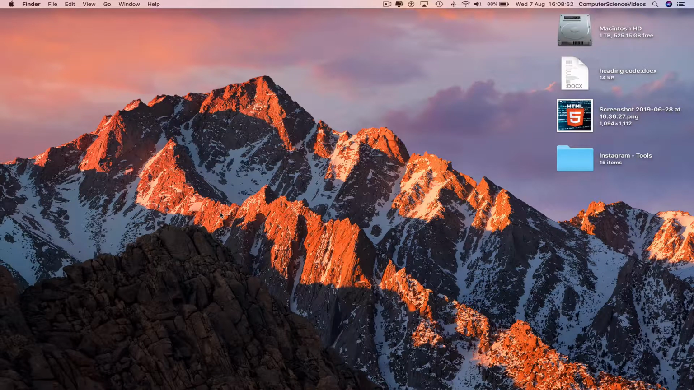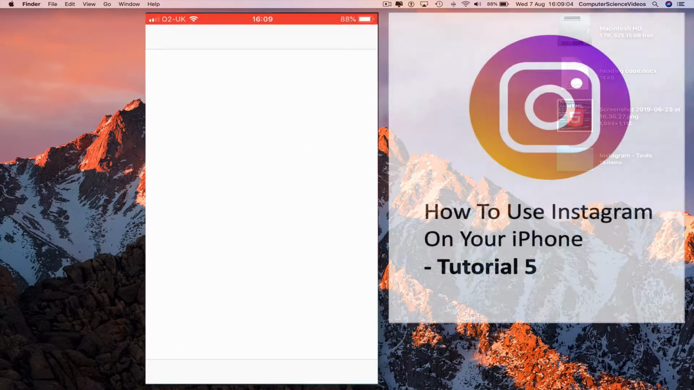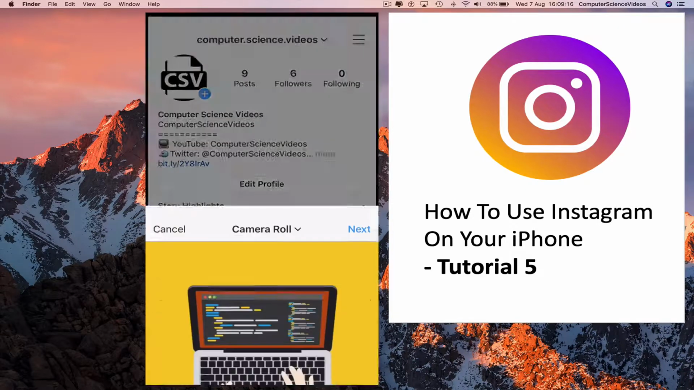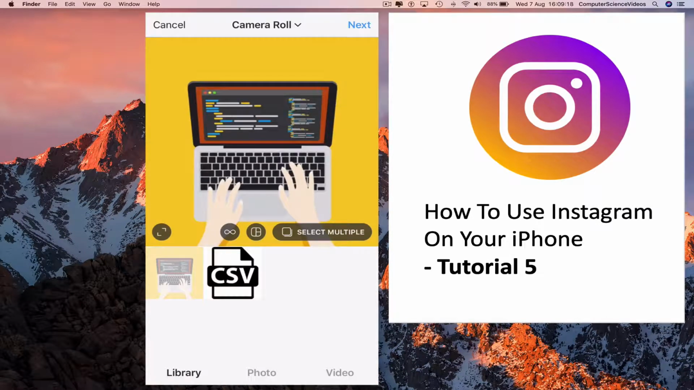So the first thing we need for this tutorial is the iPhone itself, and then we need to have access to the Instagram application. And now we can click on the Instagram application itself, make sure that we are signed into the account, and now to post a photo we can click on the square with a plus sign inside it, and now we have the option to post a photo,